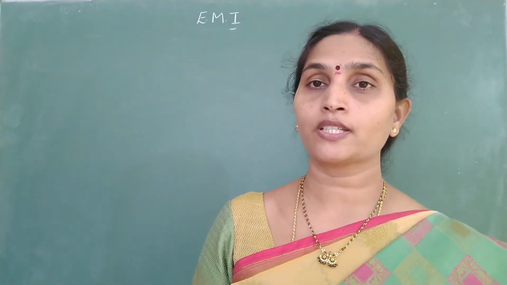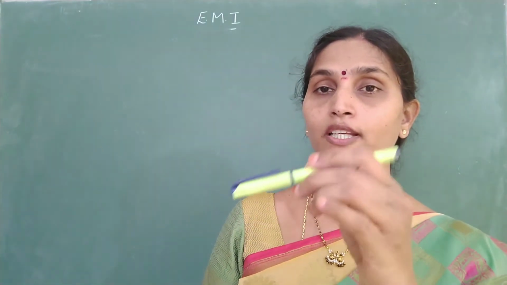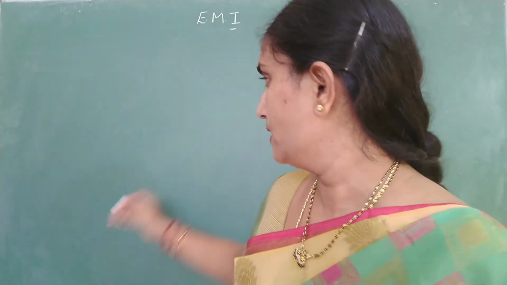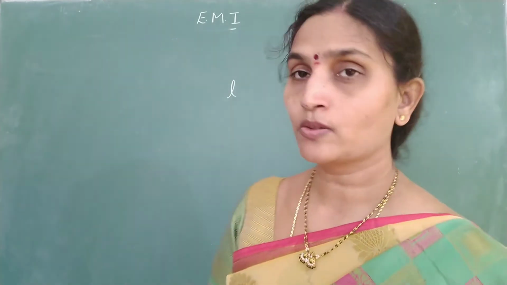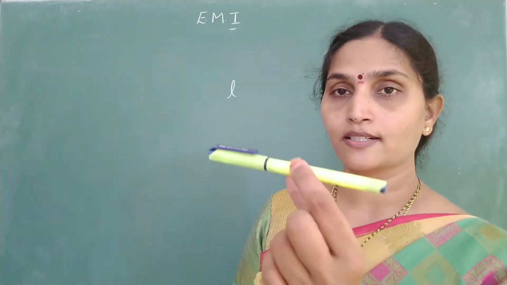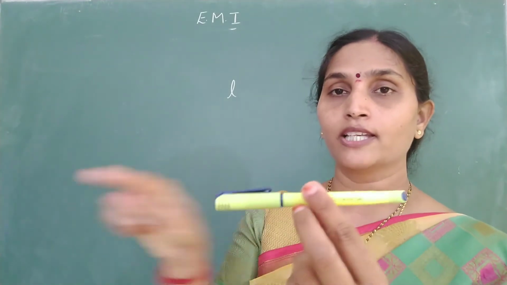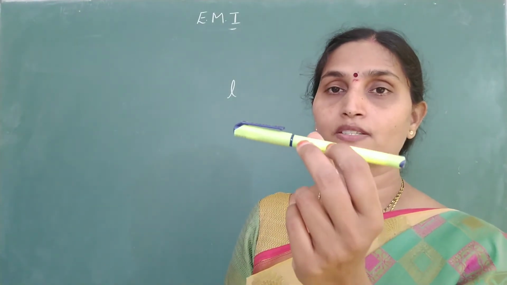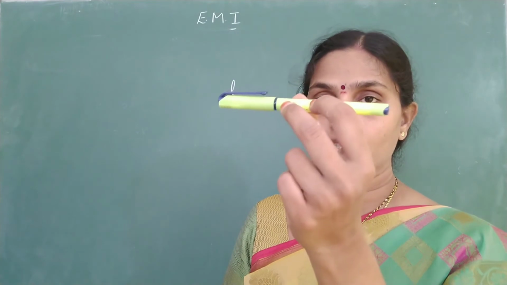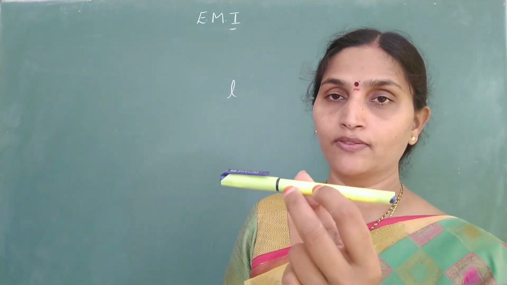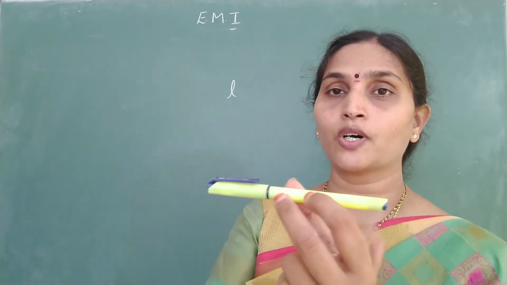Now coming to questions related to a conductor falling in Earth's magnetic field. They will be giving you a metal rod whose length is L. They will give the direction in which it is placed. Say, for example, I have taken a metal rod which is placed in east-west direction. If it starts falling freely, find out the induced EMF in the rod, which end is positive and which end is negative.